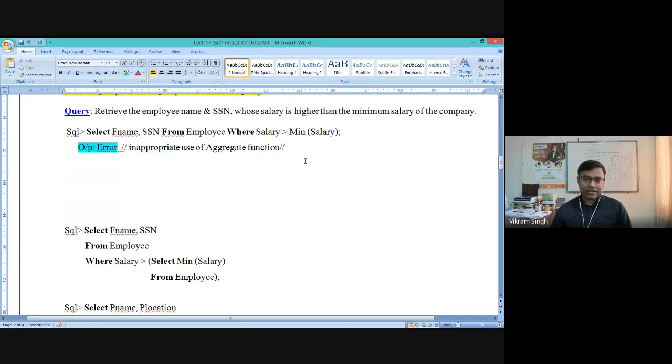Let me raise this query. Suppose you are trying to retrieve the employee name and SSN whose salary is higher than the minimum salary of the company. We discussed this query in a scenario: you want to retrieve the list of employees whose salary is higher than the company's minimum salary.